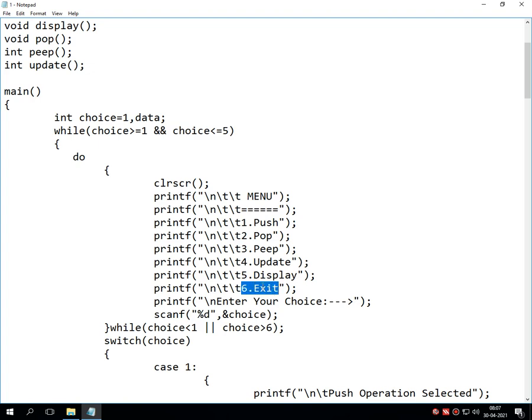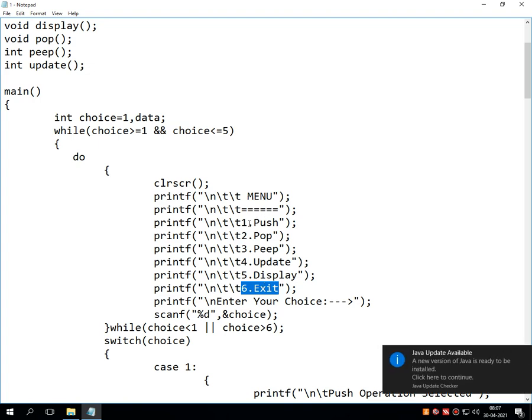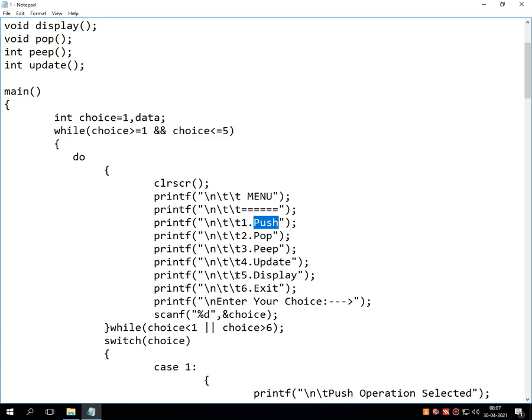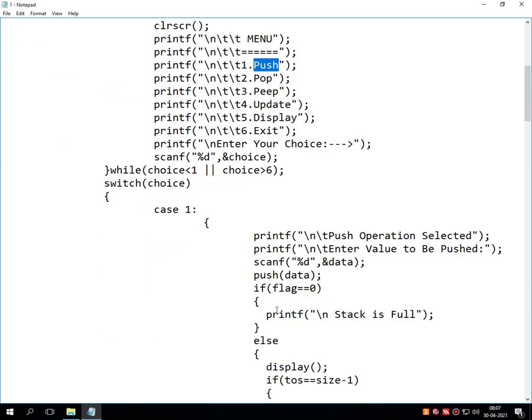So let's imagine one menu is there on the screen and we have inserted some values using the push operation. The values which I have inserted using the push operation are 5, 4, 1, 0 and 2. So these are the 5 values which I have inserted into the stack.